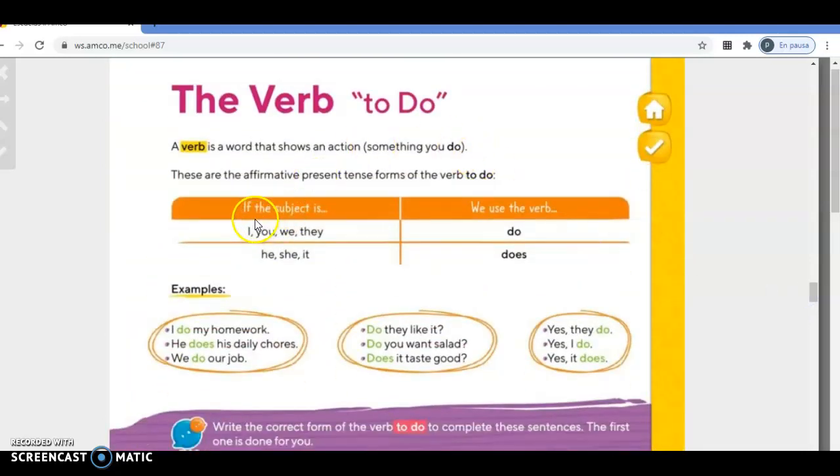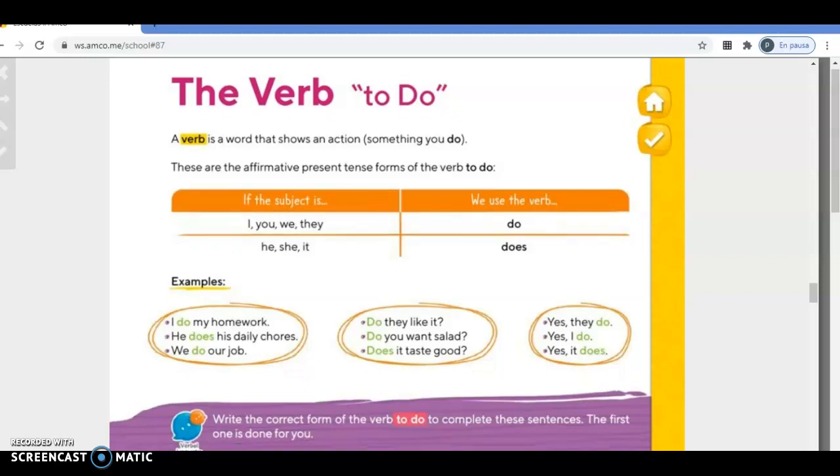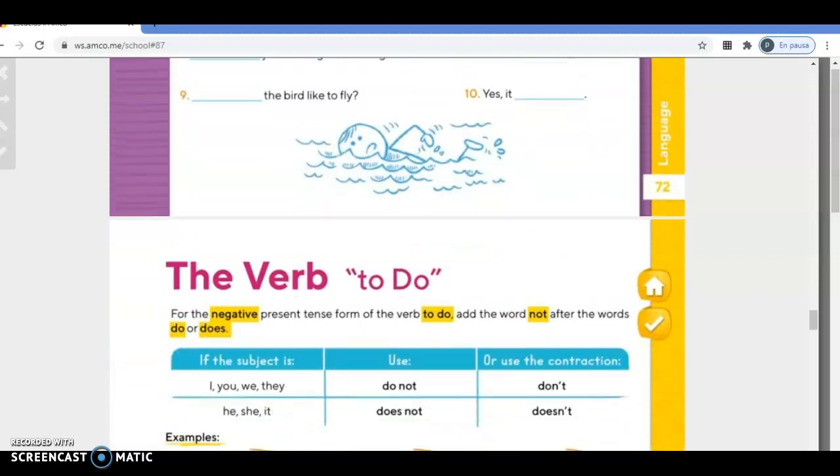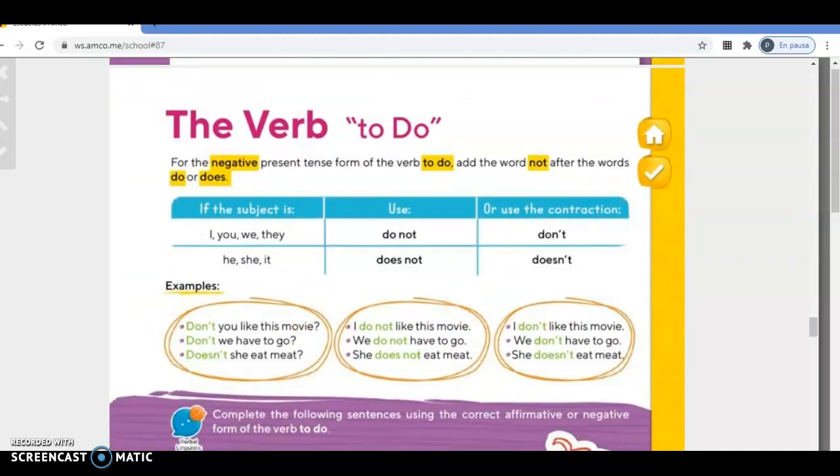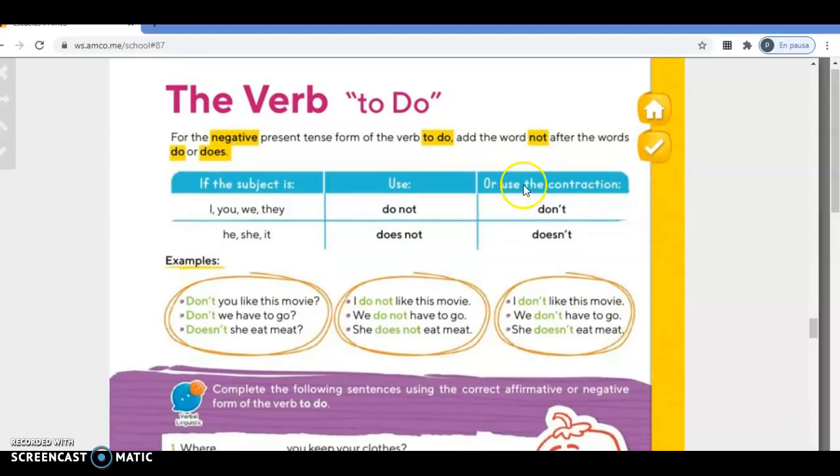Remember, with the subjects I, you, we, and they, we use the verb do. With he, she, and it, we are going to use does. Okay, and this is for the affirmative. Okay, excellent. Now we are going to see on page number 73 the verb to do, but in the